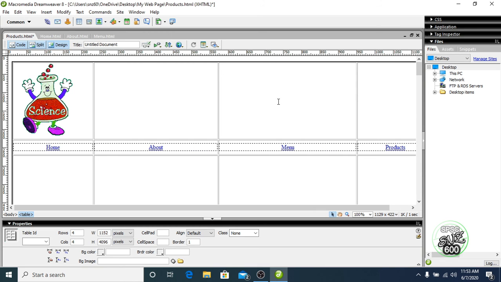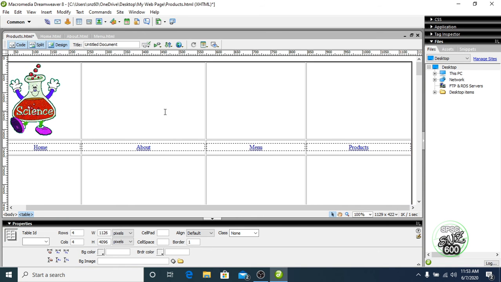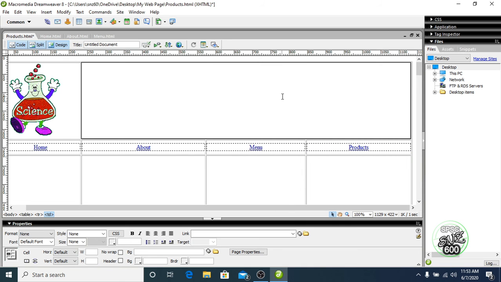Resizing it, so just merge, table, merge, write all products or projects or products you can write.